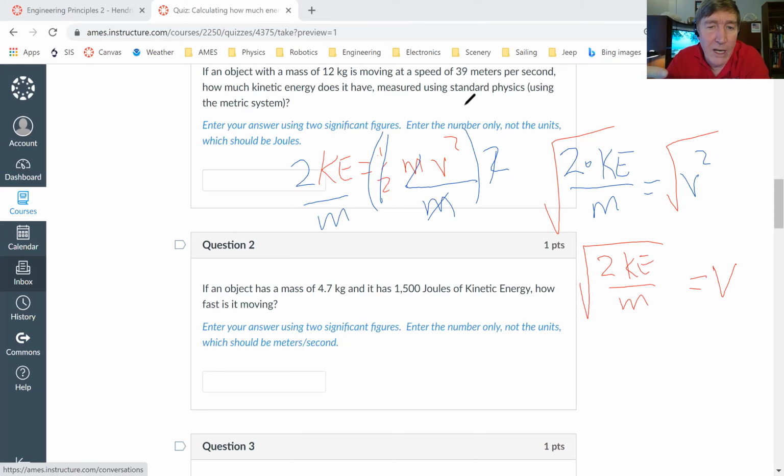Now I do what I like to call plug and chug. You've probably heard that term before. Teachers really like that term. All I have to do is plug in the right numbers to the right place. Wherever I see an M, I'm going to replace it with 4.7. Wherever I see the kinetic energy, I'm going to replace that with 1500. So I get out my calculator and do the square root of 2 times 1500 divided by 4.7. My calculator tells me that the answer is